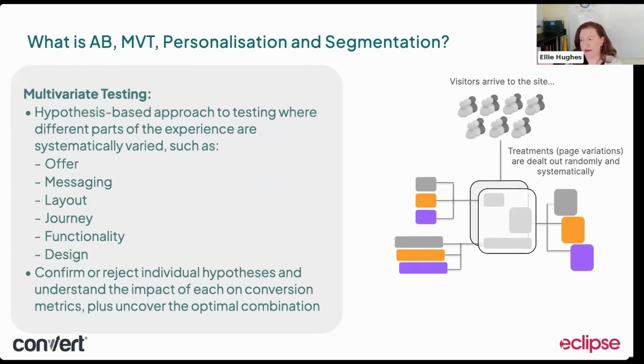Is it a clickable button? Is it also the image? And you try and change those in combination together so that you can find the best combination. This is really useful, especially if you're changing a price, you're adding an offer code, which are kind of more cross-sell, upsell pricing testing, but you're also changing the layout of the page. You then know the exact combination of which offer code, which price, and which layout is going to be the